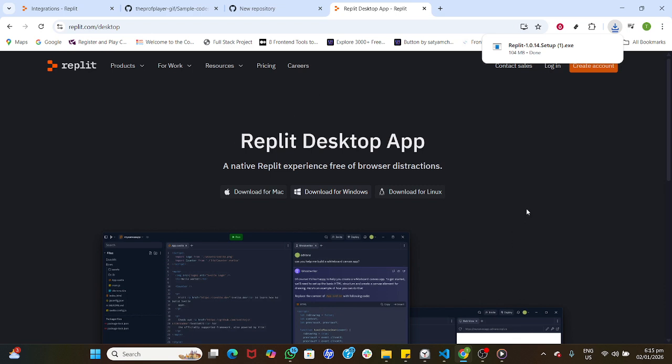That's it for the download process. You've navigated from Google to the official Replit desktop page and selected the correct download for your laptop's operating system. If you ever need to repeat this, just return to